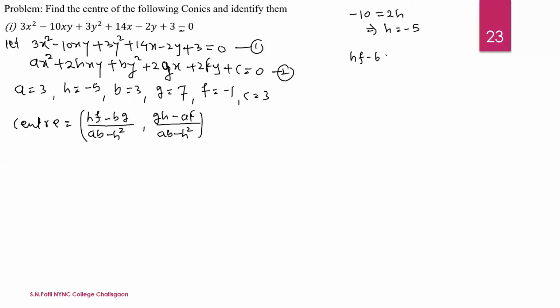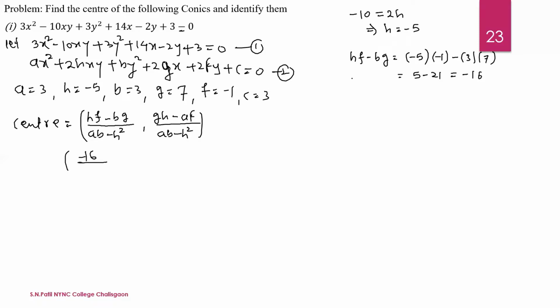minus b into g. The value of h is minus 5, value of f is minus 1, value of b is 3, value of g is 7. Okay, that is plus 5 minus 21. Okay, that is minus 16. We get minus 16